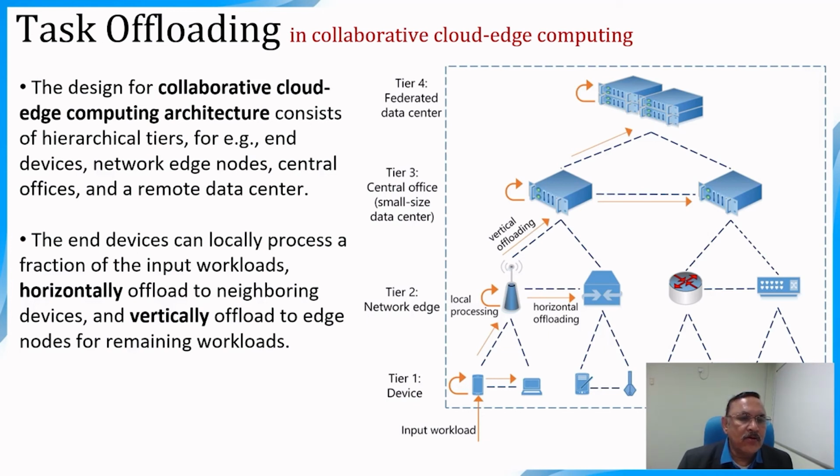Now, the task offloading in collaborative cloud edge computing. The design of a collaborative cloud edge computing architecture consists of hierarchical tiers: end devices, network nodes, central office, remote data center. The end devices here can locally process a fraction of the input workloads, horizontally offload to the neighboring devices, this is the horizontal offloading, and vertically offload, this is the vertical offloading,